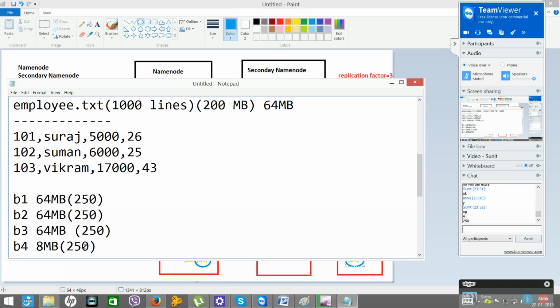So we can say let's say 50 records here and 200 by 3 goes to about 180, so let's say 370, 370, 370. Let's assume that the total comes to 1000. Are you understanding my point? So 64 MB blocks will occupy more records, and the 8 MB block will occupy fewer records.